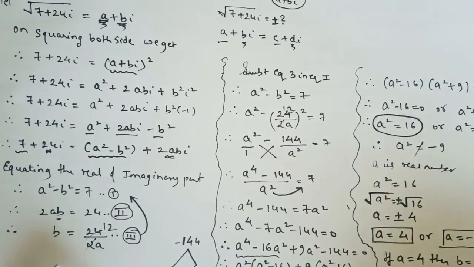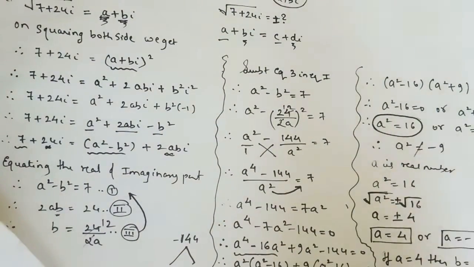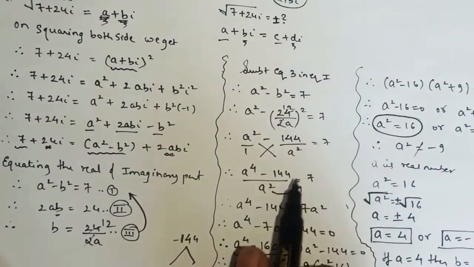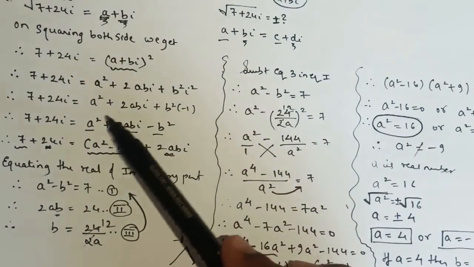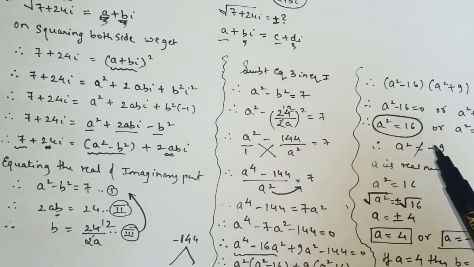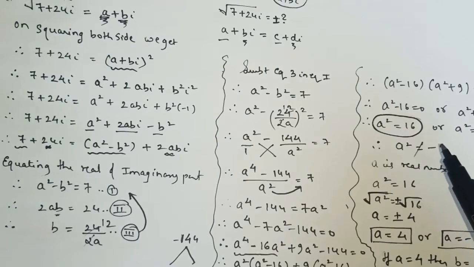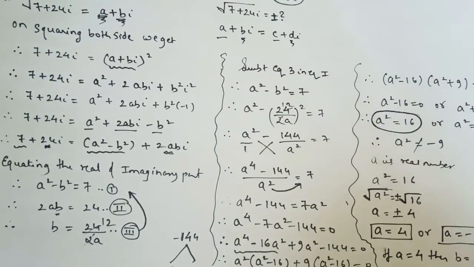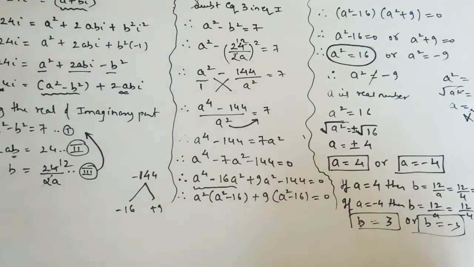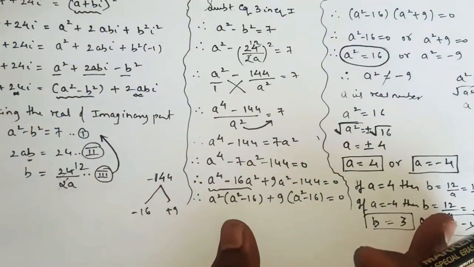Just by doing some basic algebra, I have explained this sum. There are a few more methods by which you can find your answer, but this is the basic part, just converting the given equation into a quadratic form. Then after that, do the factorization method, where you will get the answer for a. I hope you all know how to solve a quadratic equation by the factorization method, which means splitting of the middle term.